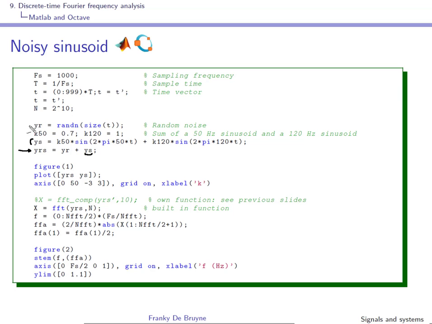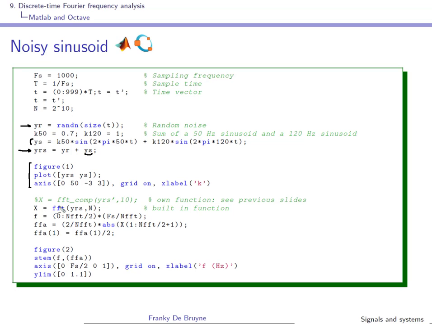And then random noise is generated, and this random noise is added on top of this sum of two sinusoids. And of course you'll have the possibility to look at the resulting signal, and you will